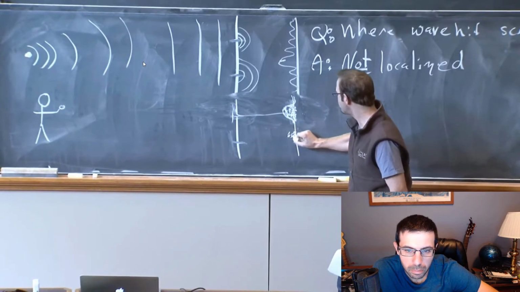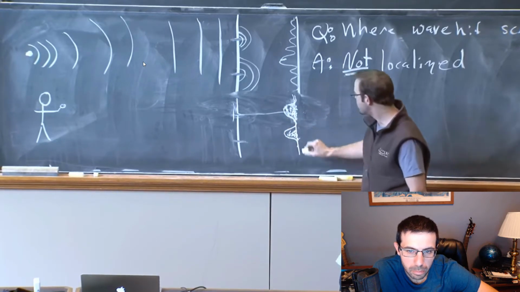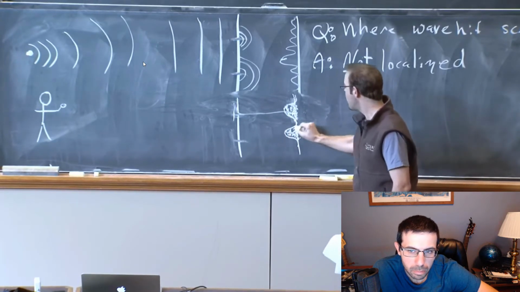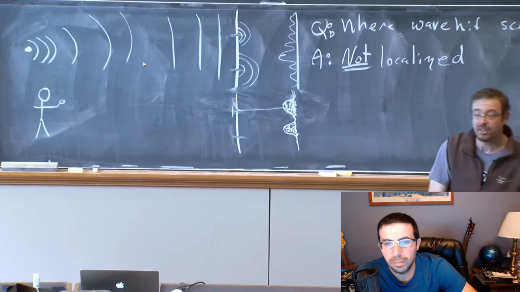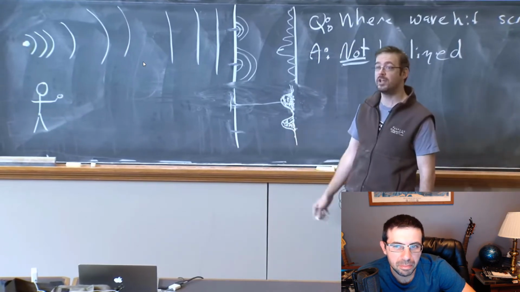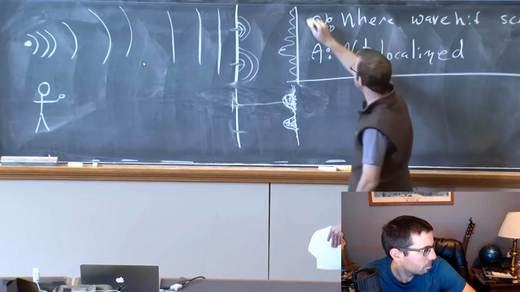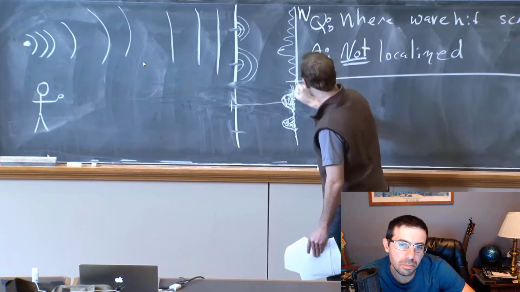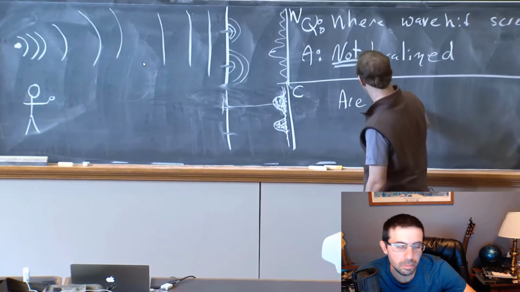Now if we leave them both open, sometimes it goes here, sometimes it goes here. So now it's pretty useful that we've got a knuckleballer. And what you actually get is the total distribution looks like this. It's the sum of the two. But any one baseball either went through the top slit and more or less goes up here, or went through the bottom slit and more or less goes down here. So this is for chunks or localized particles. They are localized.